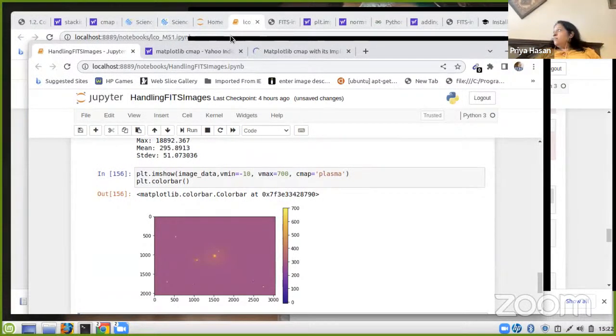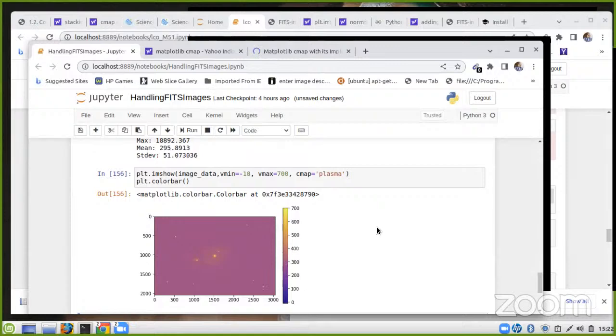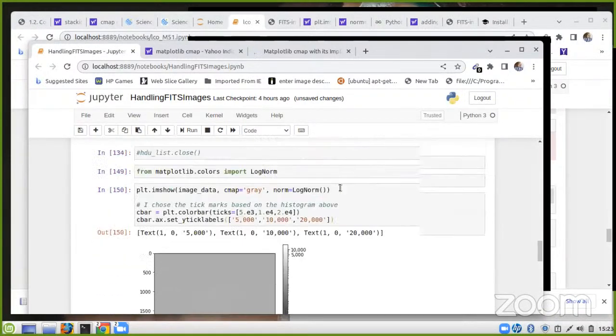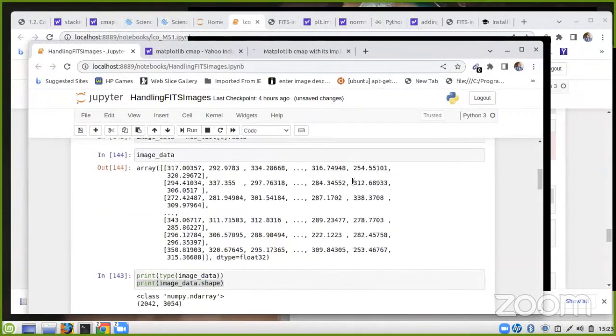See, the advantage with the Python method is if you're doing it through the Jupyter notebook, then you can create a whole pipeline and you can run it. You don't have to run the commands individually. For example, if you are doing it with DS9, you have to individually keep tweaking around, playing with each and every option. But here you can create a Jupyter notebook and you can just keep changing the files and the